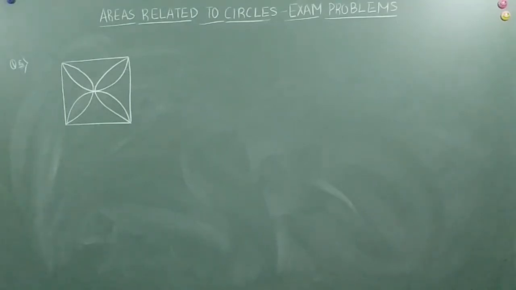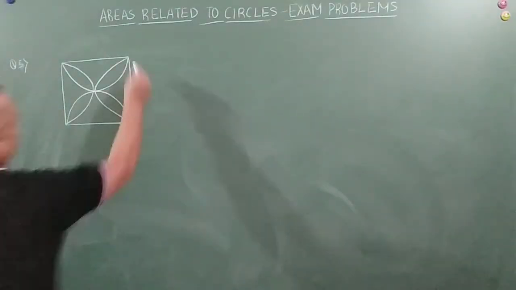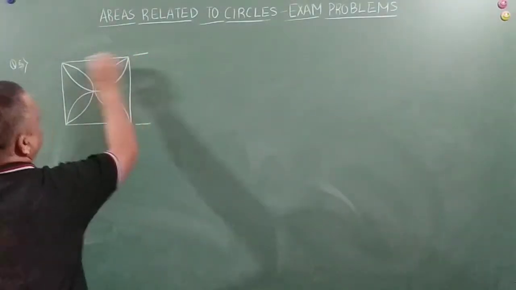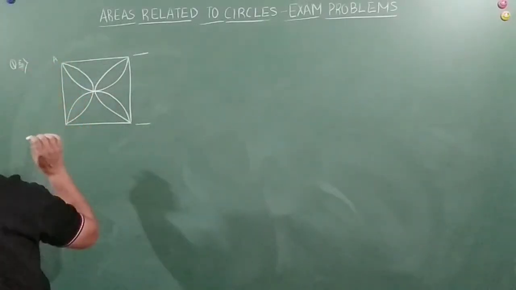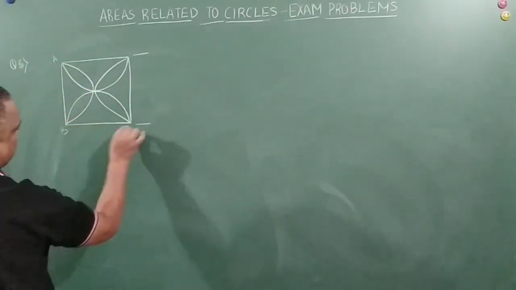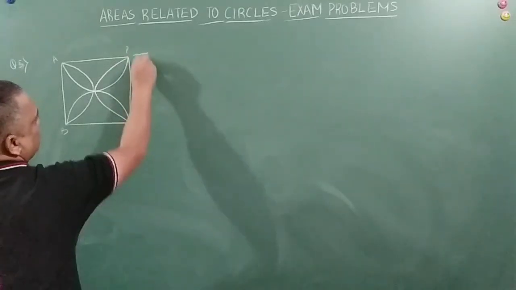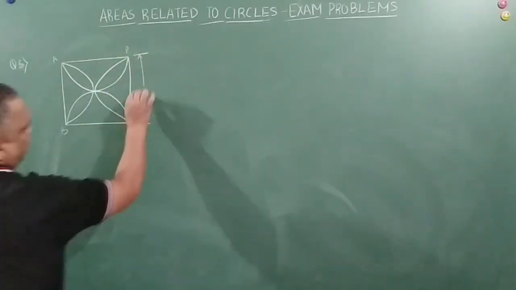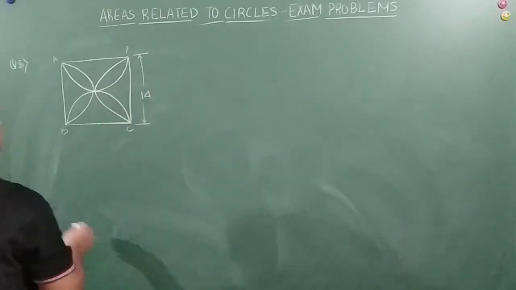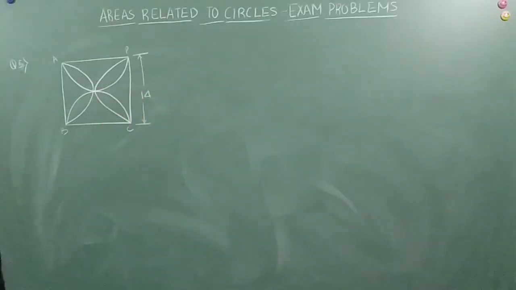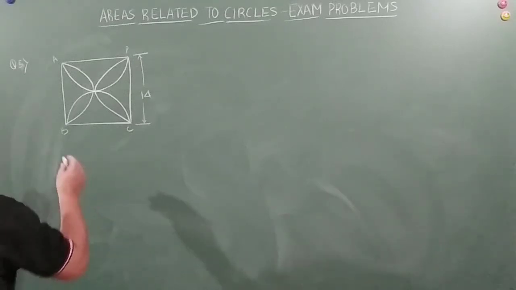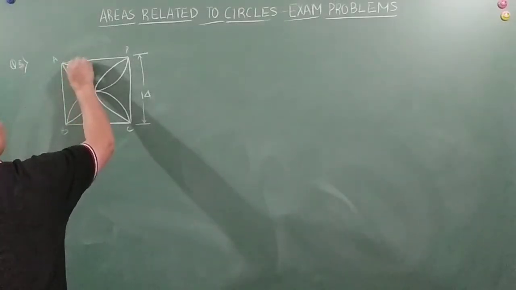The figure is something like this, friend. This is a square. Let us say A, B, C and D. This is given to be how much? It is already given. It is 14, right? And what else is given? Nothing. It is not given anything else. This is 14, so we need to find the area of the shaded region. This region I am talking about.